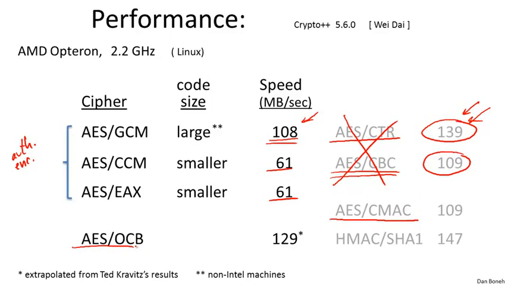So based on these performance numbers, you would think that GCM is exactly the right mode to always use. But it turns out if you're on space-constrained hardware, GCM is not ideal, primarily because its implementation requires larger code than the other two modes. However, as I said, Intel specifically added instructions to speed up GCM mode, and as a result, implementing GCM on an Intel architecture takes very little code. But on other hardware platforms, say in smart cards or other constrained environments, the code size for implementing GCM would be considerably larger than for the other two modes. But if code size is not a constraint, then GCM is the right mode to use.